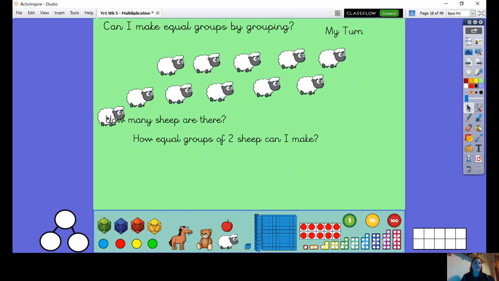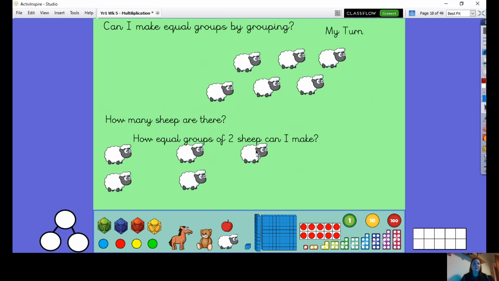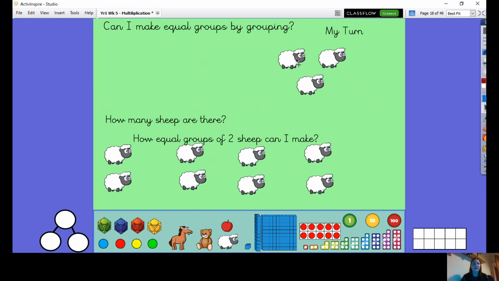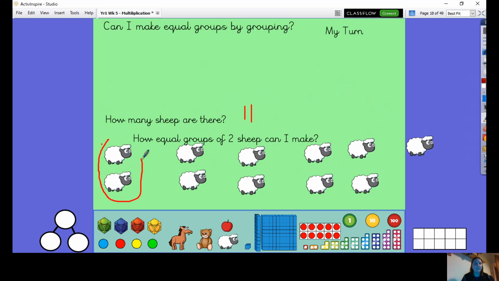Okay, so how many equal groups? I've got 1, got 2 there, 2 there, 2 there. Oh, I've got another 2 here. I've got a new 2 here. So I've got 1 left over. So how many sheep are there? 11. I can only make